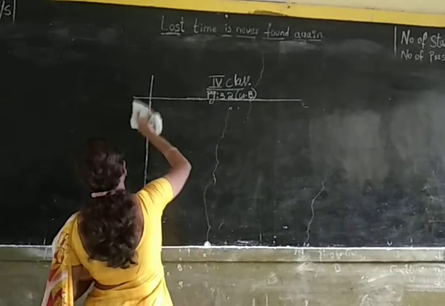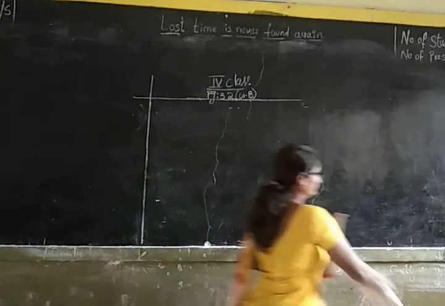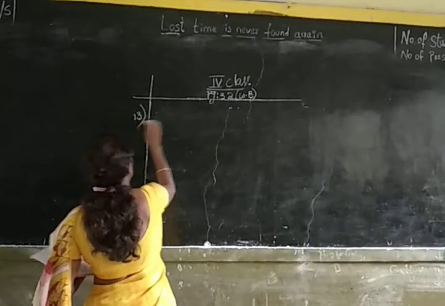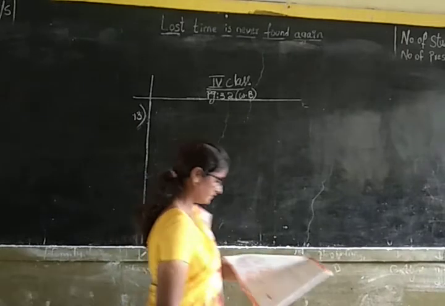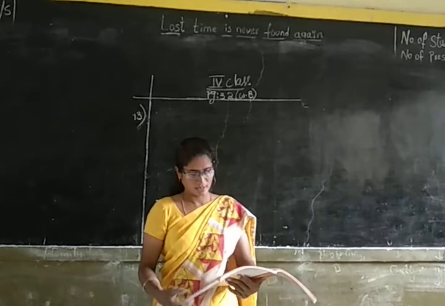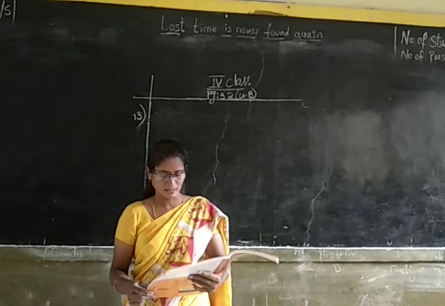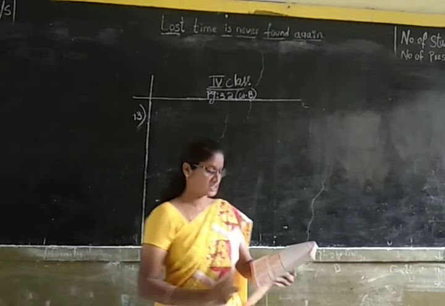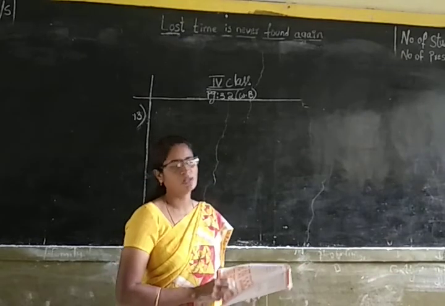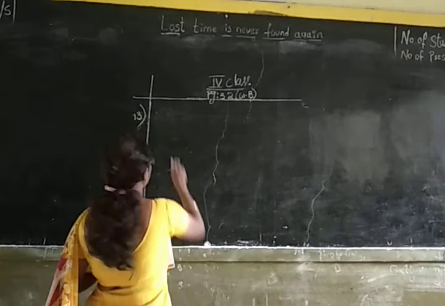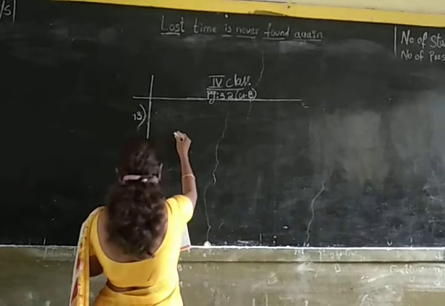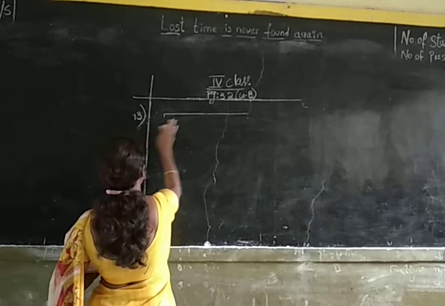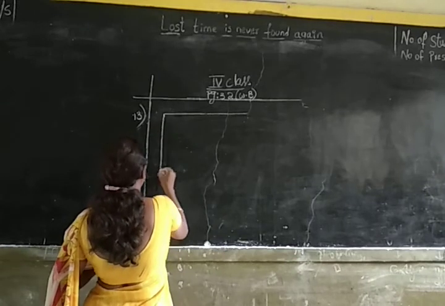Let us do the 13th sum. Subtract down and across, then subtract the answers you calculated. The answers across should equal the answers down. Okay children, here it is given a table. You have to do the subtractions for finding out the empty boxes. So let us do it. After subtraction, you should get the same answers for both the subtraction across and down.